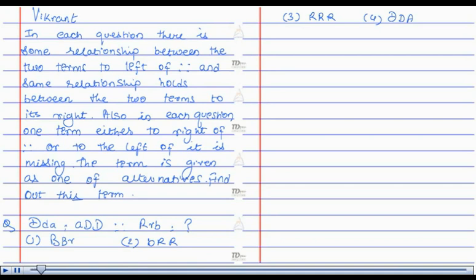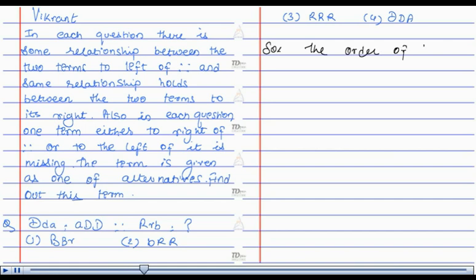In each question there is some relationship between the 2 terms to the left of the sign, and the same relationship holds between the 2 terms to its right. Also in each question one term, either to the right of the sign or to the left of it, is missing. The term is given as one of the alternatives. Find out this term. Solution is, if you look at the terms, the order of the letters